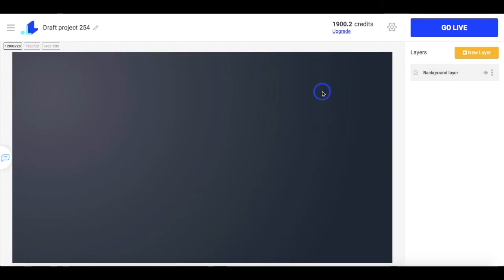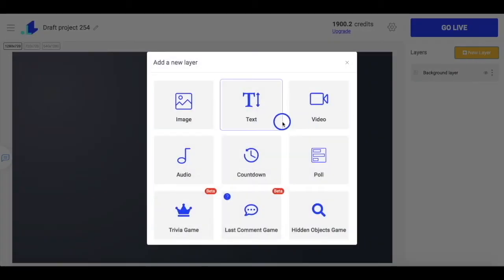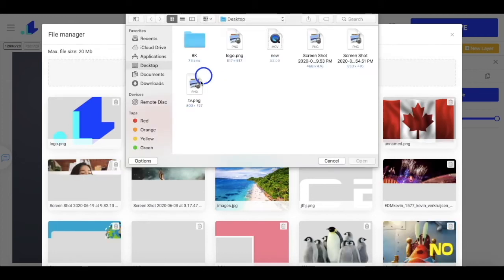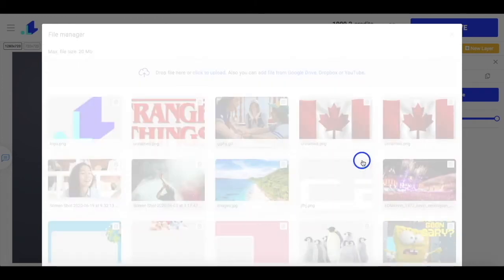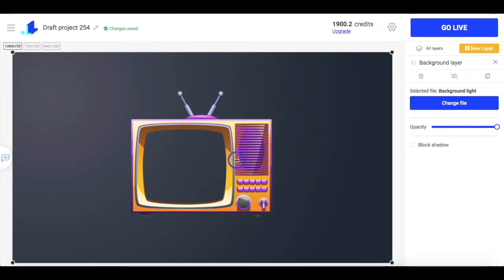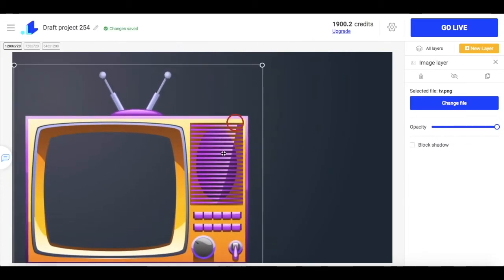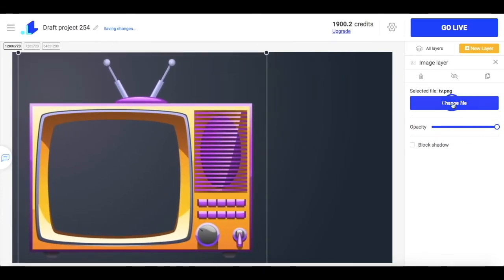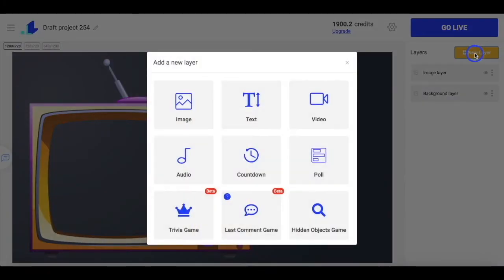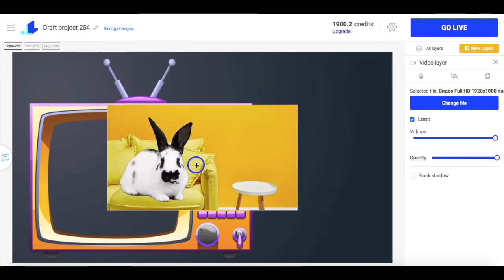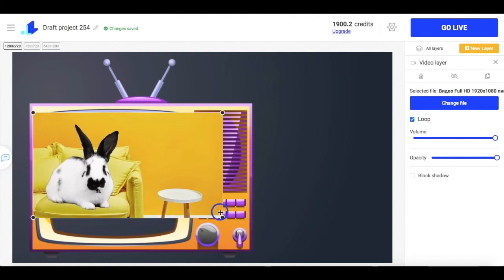Now I'm just going back to my live reacting studio, click New Layer, Image, and choose my TV overlay. I place it wherever it fits best, click on a new layer again, and I can either go for a webcam view or a video file that will be displayed on this TV. This time I'm going for a video with a cute rabbit, adjusting it a little bit,